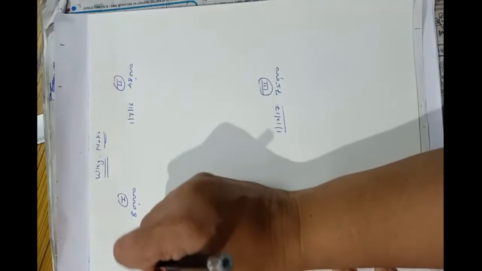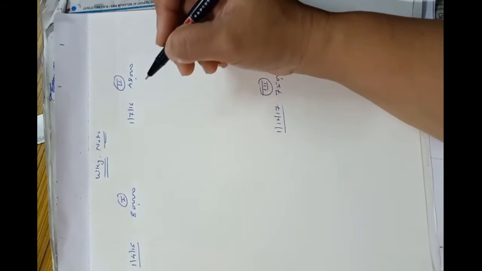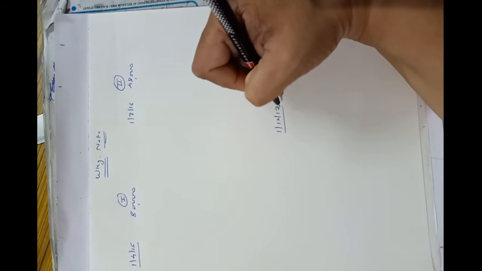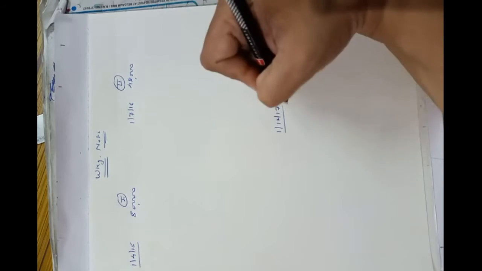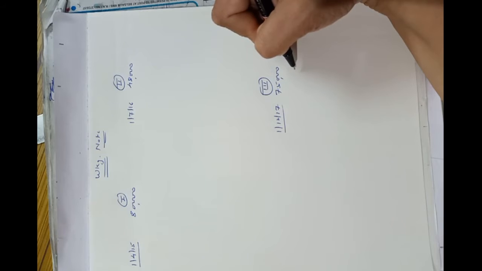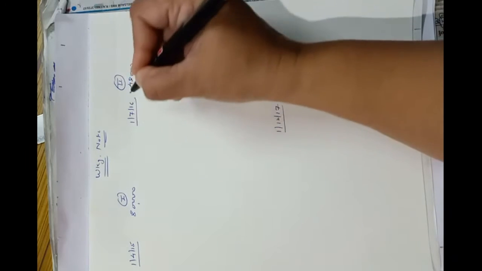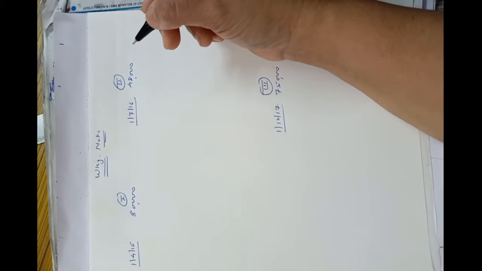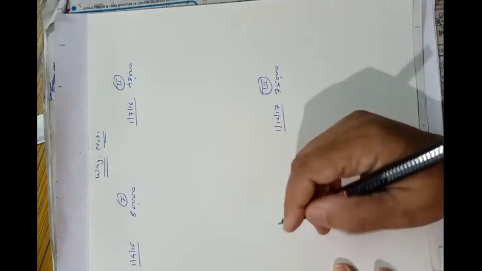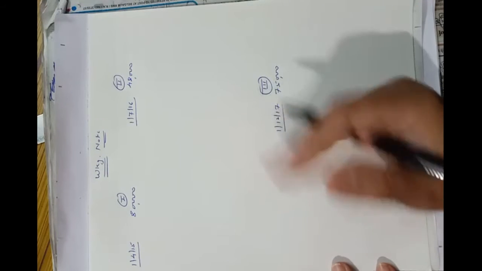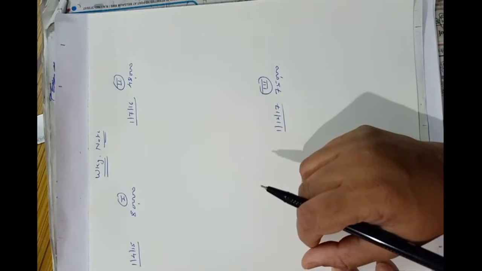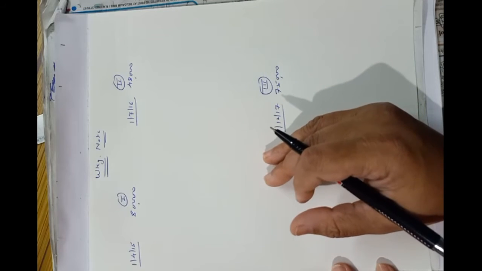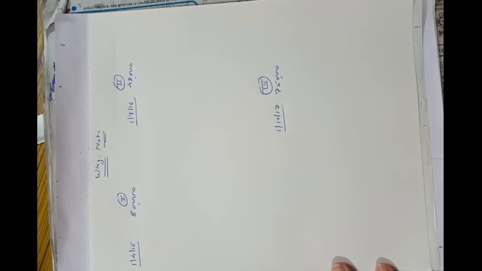Understood? So first plant was purchased on 1st April 2015. It was sold on 1st December 2017, and on the same date they have purchased this new fresh plant. And second plant was purchased on 1st July 2016. It was not sold in these 3 years. Now depreciation rate is 10% per annum. Method is diminishing balance method. Account closing date every year is 31st March. And they told us that we have to show the plant account for 3 years.